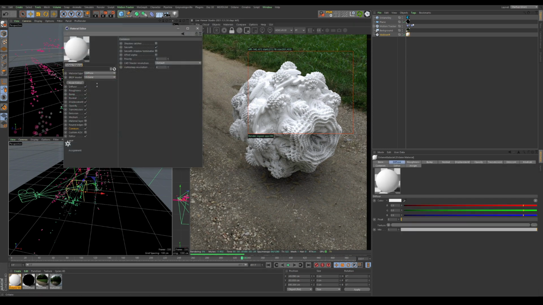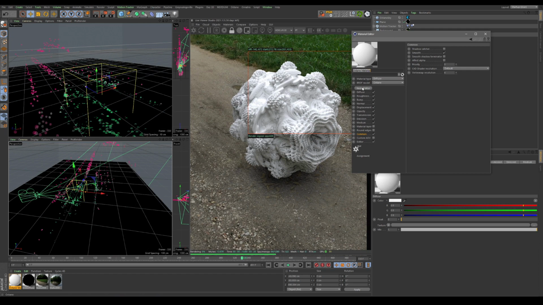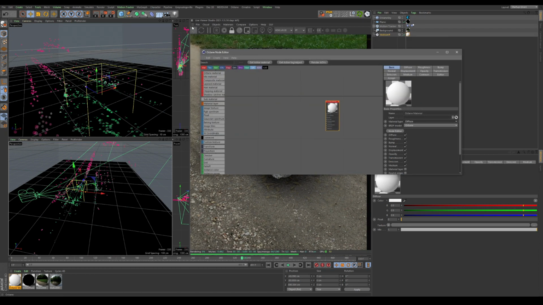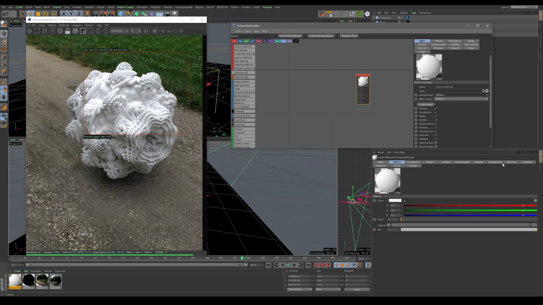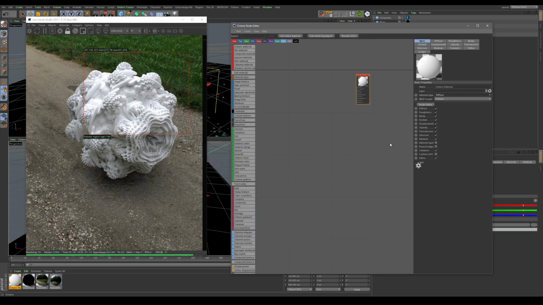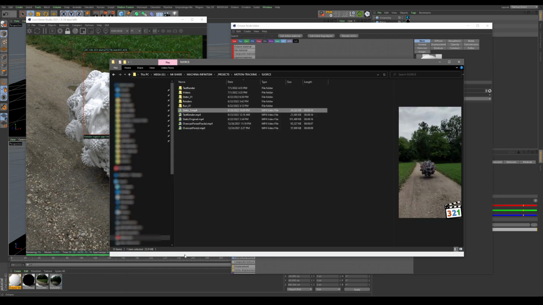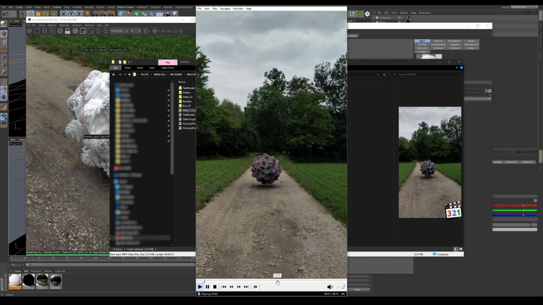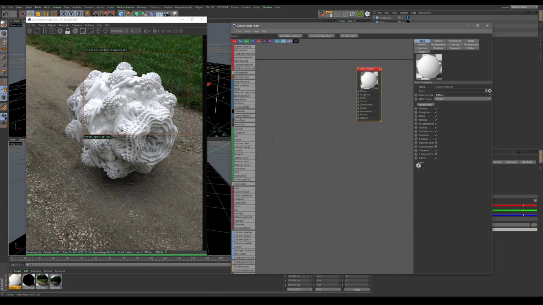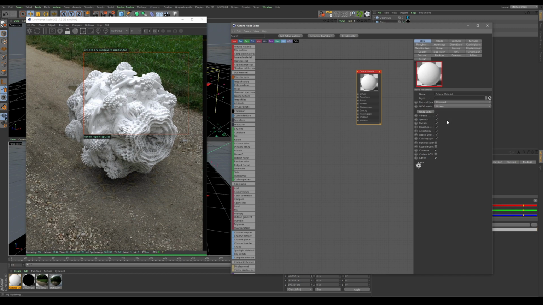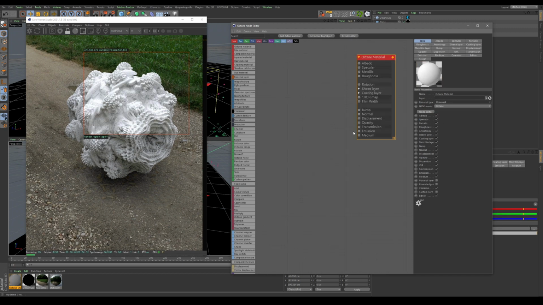So I like to use the node editor. So let's undock the Octane viewer and let's start playing with the material. I'm aiming for something like this material here. You got nice detail, nice color, good contrast, really good. So to do that, we can't use a diffuse, so set that to universal. And we need some